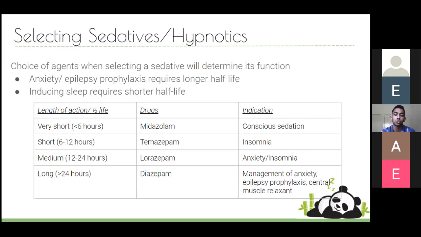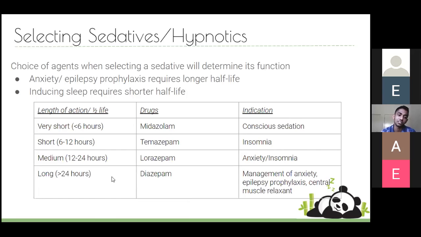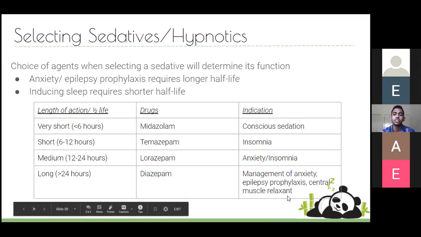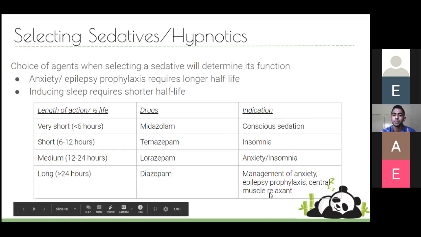If we want to treat anxiety, we're going to pick a drug which has a longer half-life, which is going to last longer, but it's basically going to be weaker because it's lasting longer. And if we're picking a drug that we want to be really strong, to produce that sedation, we're going to pick one with a short half-life. Mainly, these are going to be used for things like surgeries, where we don't want them asleep for too long, but we want them dead asleep if we want to be doing something on them. So these drugs exist on that spectrum, which kind of makes sense.